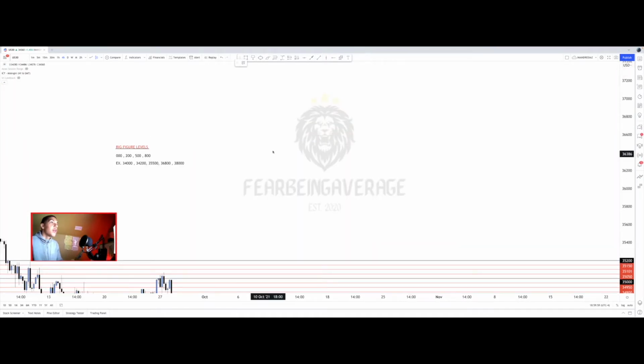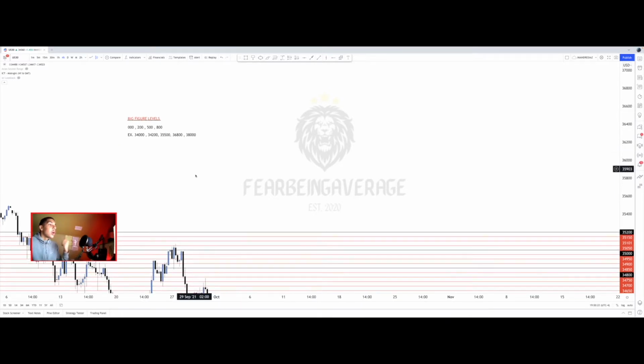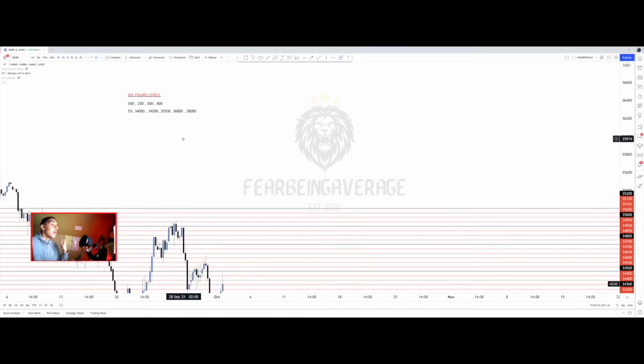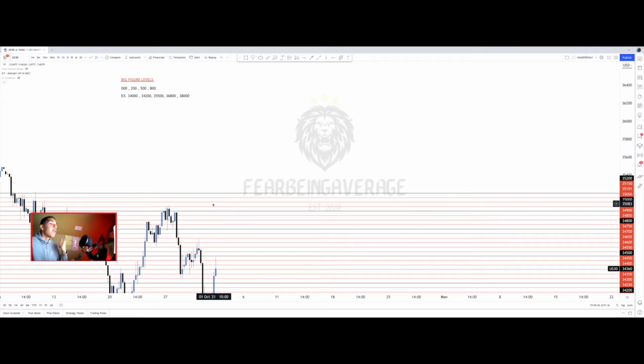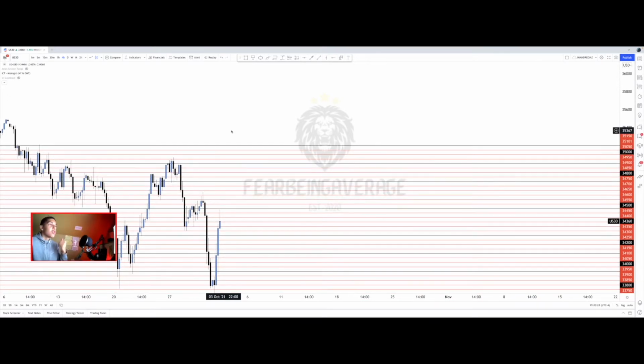The small figure levels are going to be every 50 points in between. So an example of that, instead of 34,000, it will be 34,050, 34,100, 34,150, 34,200. So every 50 points in between these levels here. The major levels you're going to want to pay attention to are the big figure levels. You don't even have to have the every 50, but personally I have them for my intraday trading,